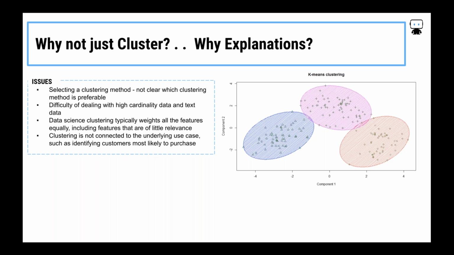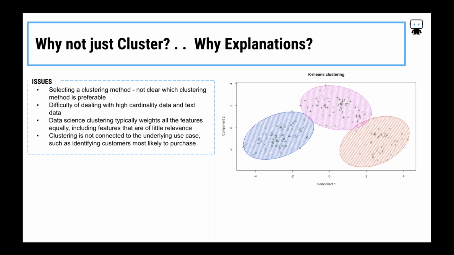Instead, if what they did was focus on labeled data with groups there, they could quickly get a much faster signal and performance. And one of the things that happens with clustering, so for example, we had a huge group of customers and we're trying to segment out our customers. Traditionally, we have lots of different types of data. We might have very high cardinality data. We might have text data, image data, location data.